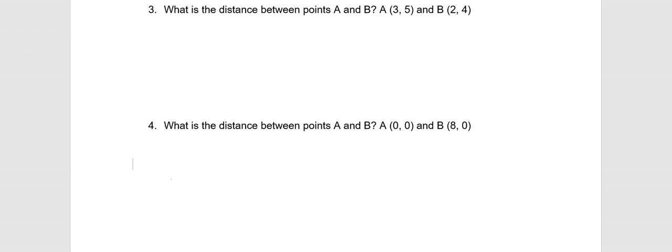To find the distance between points A and B, you need the distance formula, which is the square root of quantity x sub 2 minus x sub 1 squared plus y sub 2 minus y sub 1 squared. From the given points, x sub 1 is 3, y sub 1 is 5, x sub 2 is 2, y sub 2 is 4. By substitution,